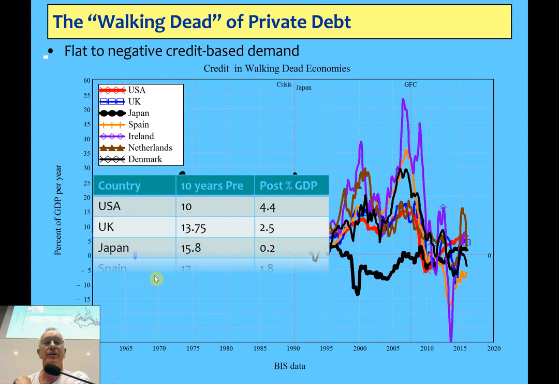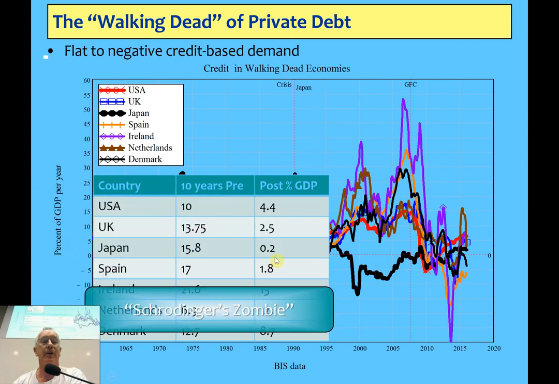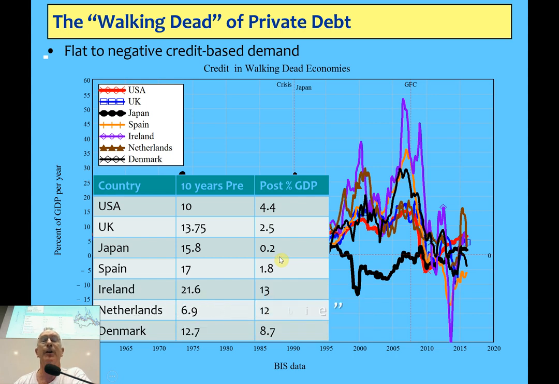Before the crisis, substantial levels of credit growth. After the crisis, low or negative. And one strange one, I'm calling the Netherlands Schrödinger's zombie. I'm calling all these the walking dead of debt. But in a weird way, the Netherlands seems to be both alive and dead at the same time. It's actually had an increase in its credit. So it's